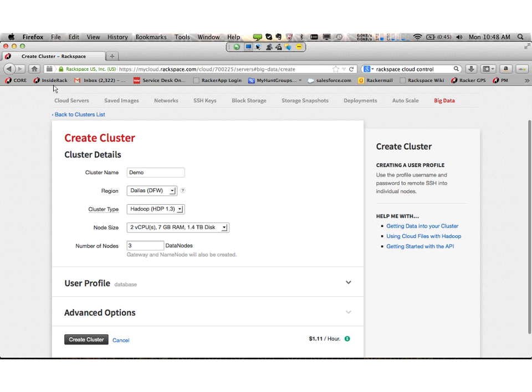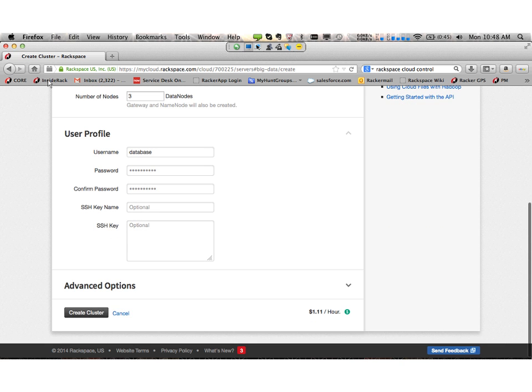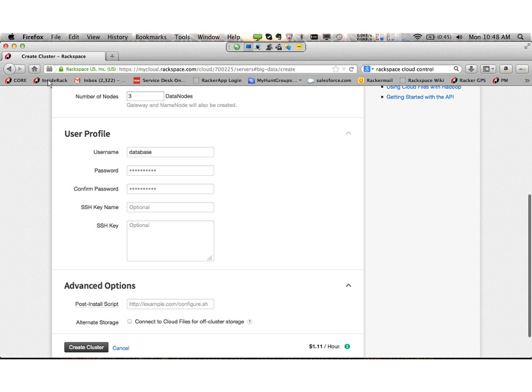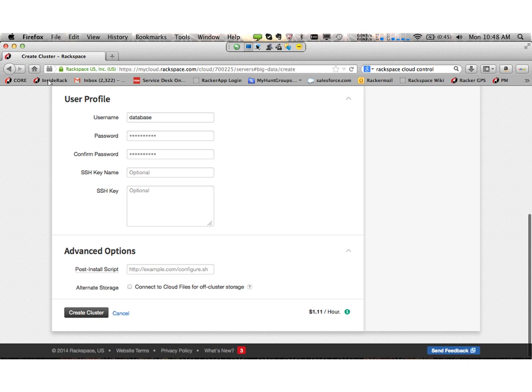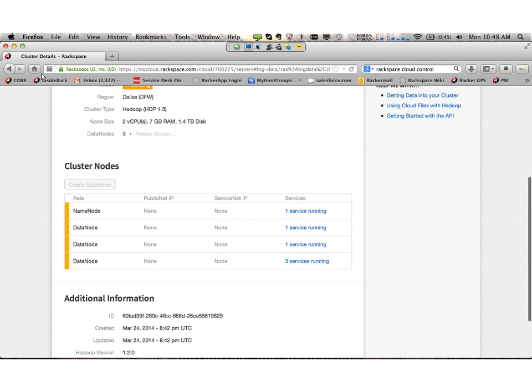So this is going to give me access to a lot of my controls as far as accessing the data platform once it's available. And as you'll see down here, I have the ability to provision a connection to a container inside Cloud Files if I wanted to do that. So I'm just going to go ahead and click here and start creating the cluster. It's building in DFW. And here you see what we're actually doing,